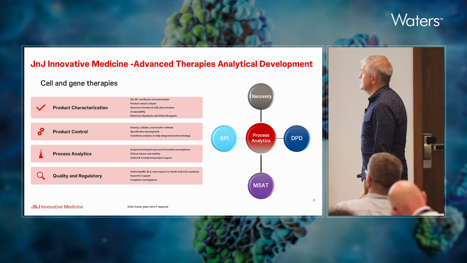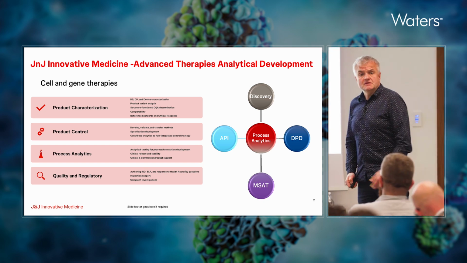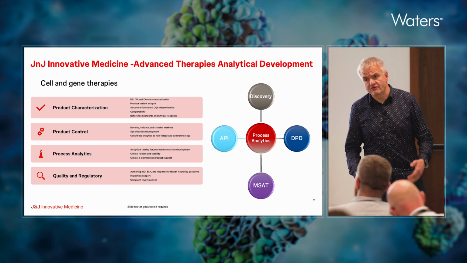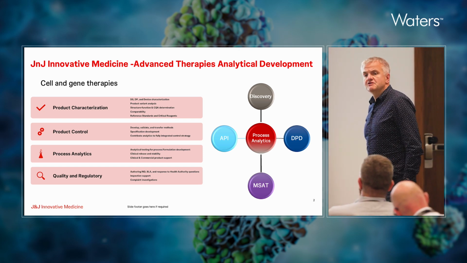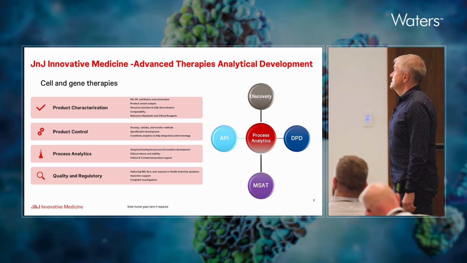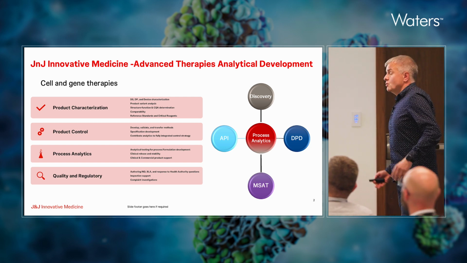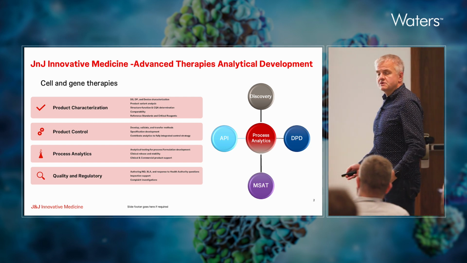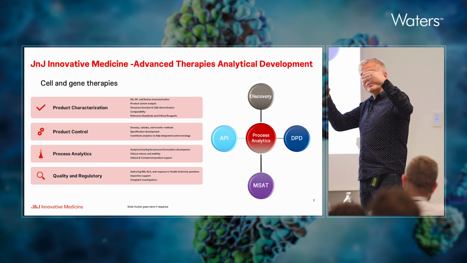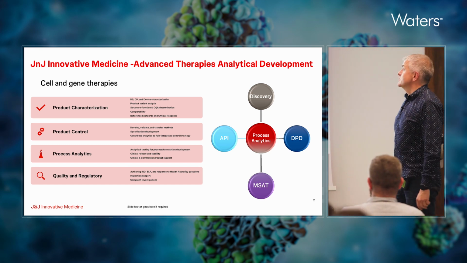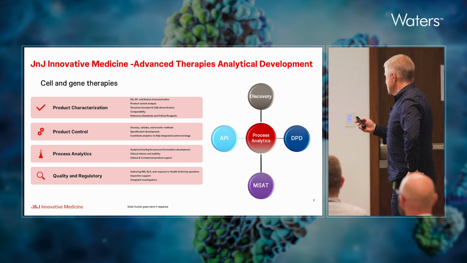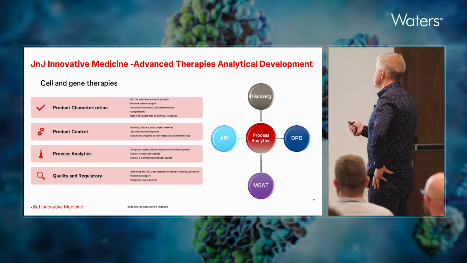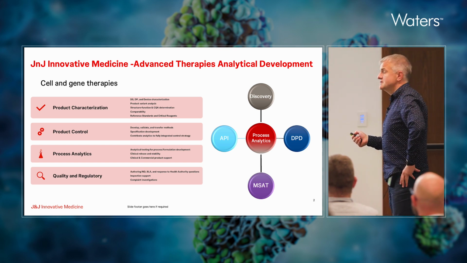So everyone knows Johnson & Johnson, mostly because of a few blockbuster drugs that are currently on the market, mostly coming from the antibody field. However, in the last decade, we have ventured also in the, let's say, the next generation therapeutics field with quite some success at this point in cell and gene therapies. And we are here, process, biophysics, and process analytics.